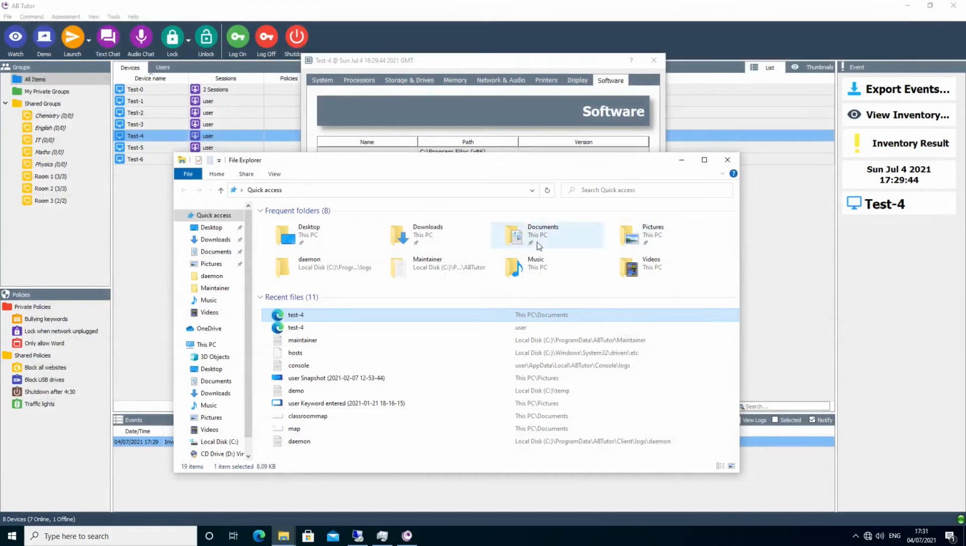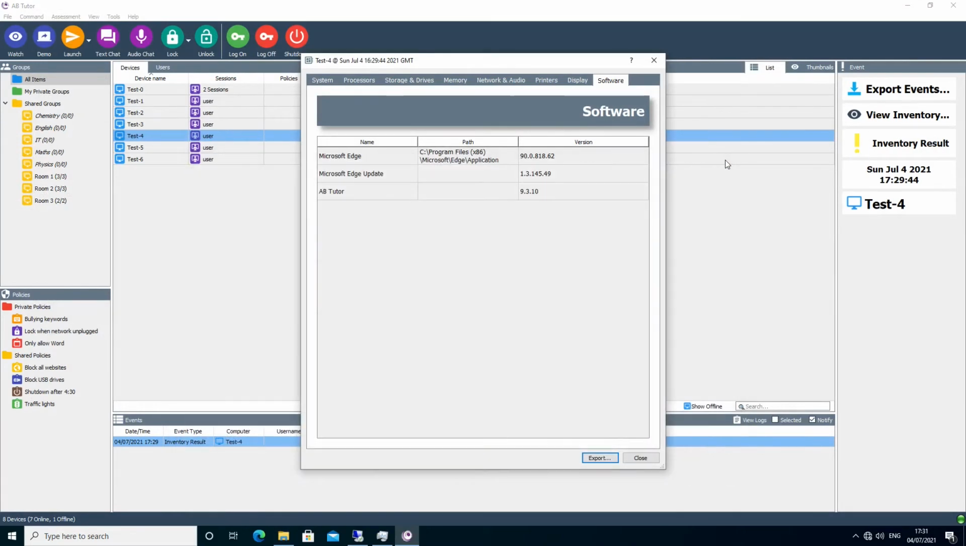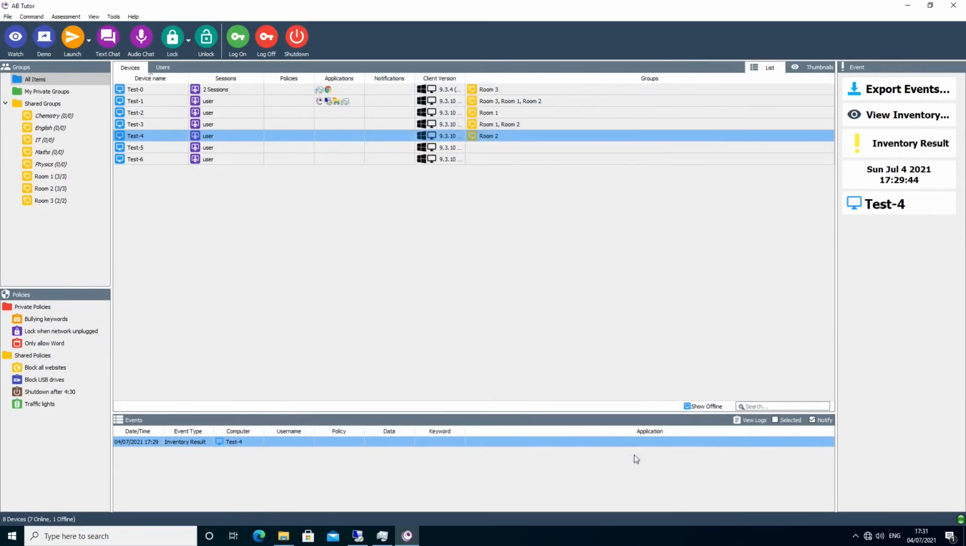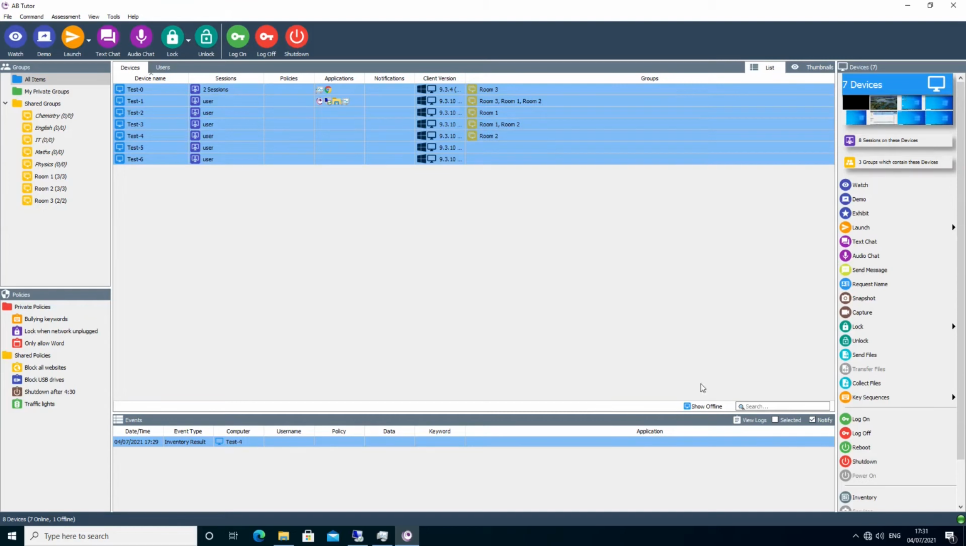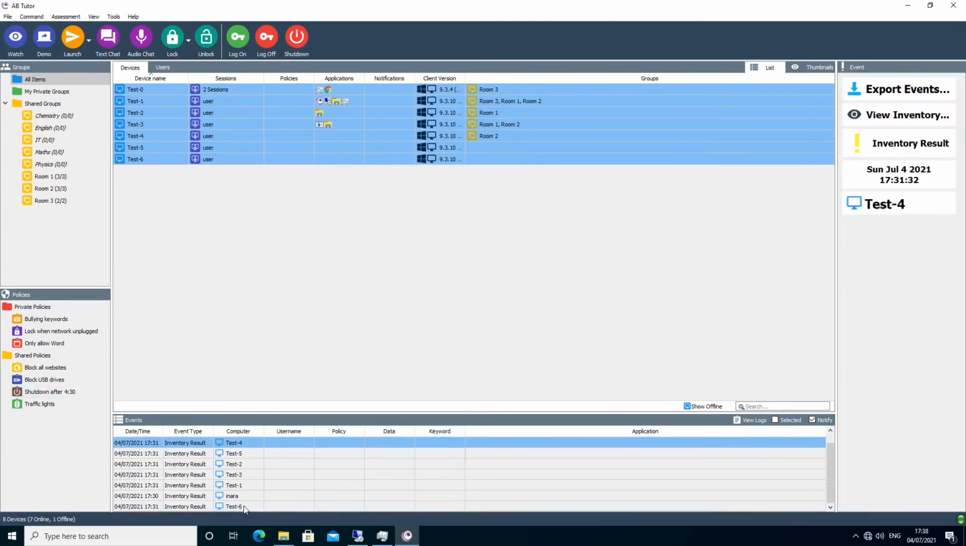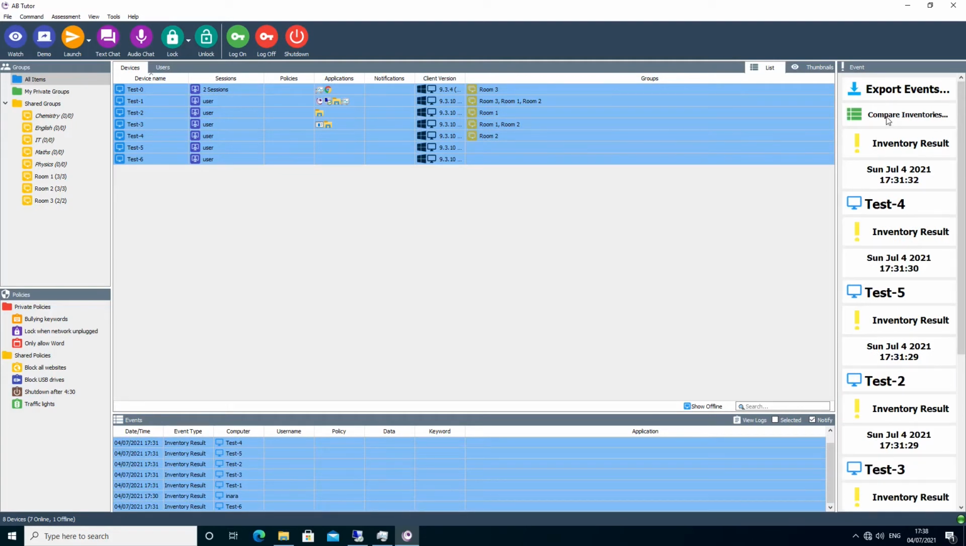More powerfully, you can display information for multiple client machines simultaneously, allowing you to directly compare machines or to look through the list for any problems. This time, we'll select all of the devices, so when we press the Inventory button, it collects the data from all of them. Next, select all of the inventory results and click Compare Inventories in the right panel to open